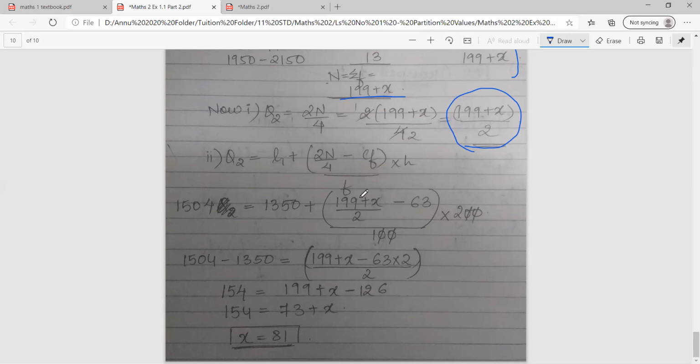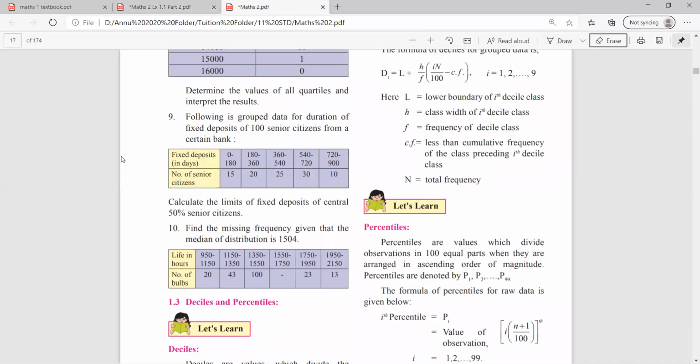So over here, I have solved the sum, and there's a small mistake which has happened. I forgot to write into 2 over here. So you can pay attention to that. Then later on in the steps, this 2 and this 2 get cancelled. Then you can follow the steps and get the value to be 81. So with this class, we are finished with exercise 1.1 quartiles for all the 3 data: raw data, ungrouped data, and grouped data.